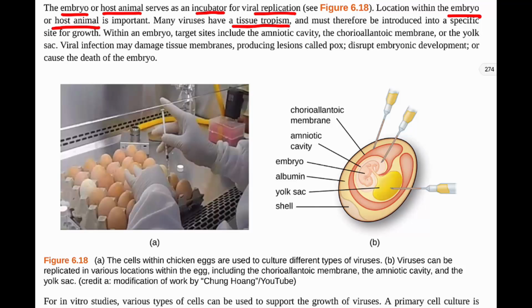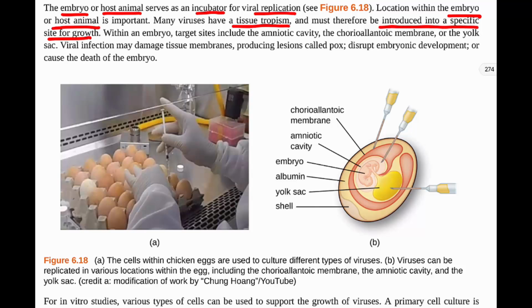So remember, what that means is that certain viruses will only go in and make copies of themselves and infect certain cells, certain tissue cells. So remember we spoke about brain cells specifically, so there's a virus that will only go into brain and nervous system cells, or there's a virus that will only go into liver cells. So many viruses have this tissue tropism, so it's very important that they be introduced into a specific site within